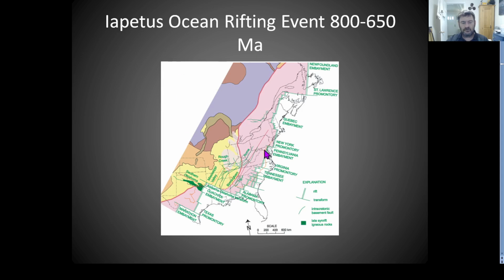The Iapetus Ocean rifting event. So this is the breakup of Rodinia, and again, these are the rifts that formed on the eastern side of the continent as you see it today, and this is where Amazonia and North America began to split. This is the exact location where everything just pulled apart, and then an ocean filled in right here. And again, you have the St. Lawrence promontory, you have the embayment here, the Quebec,